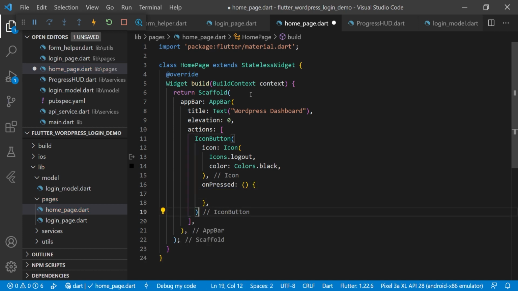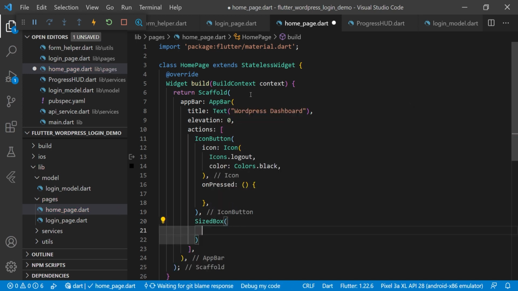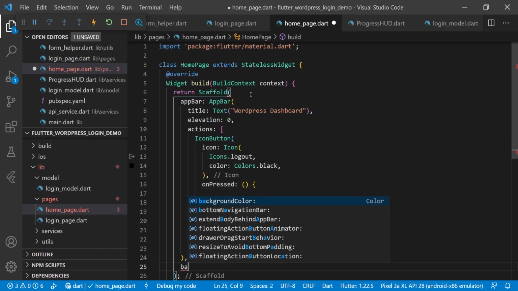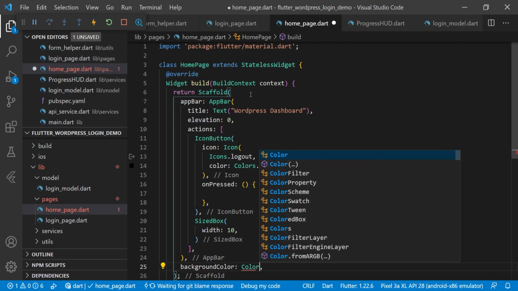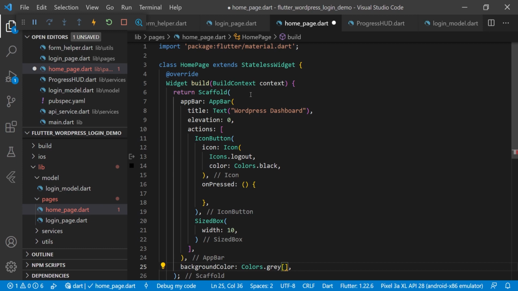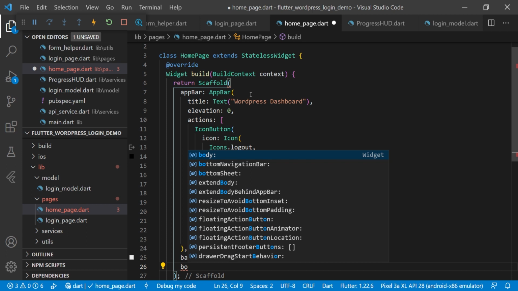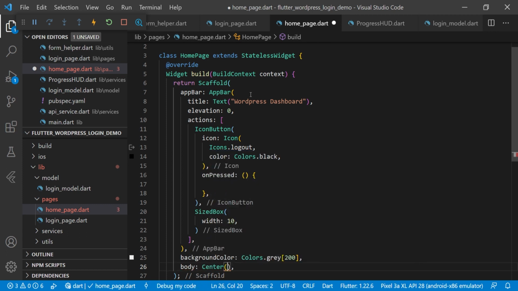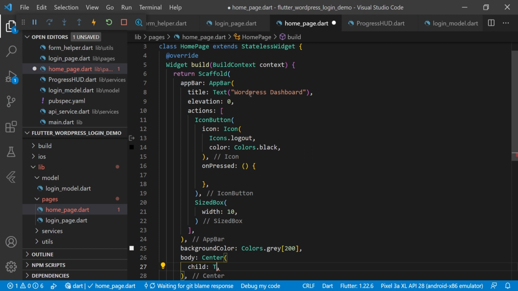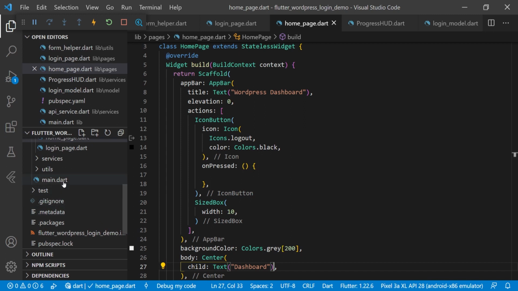Then we have to give some spacing here after the icon, and we will put here size box, and we are passing a width 10. Then we have the background here, and we are using here colors dot gray color 200. Then we have the body here, and we are using a center widget. In the child we are passing a text dashboard. Now we have to add 2 routes in our main.dart file,